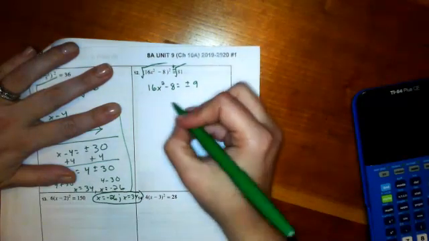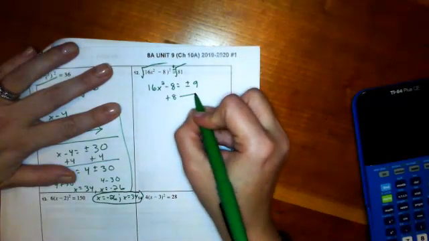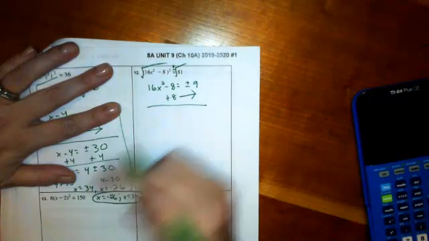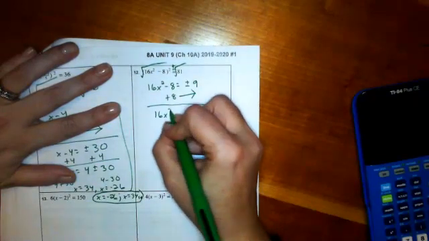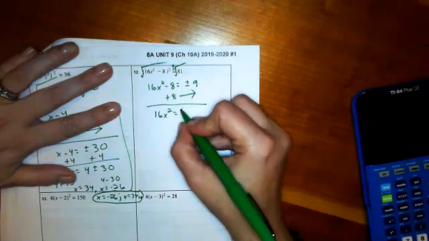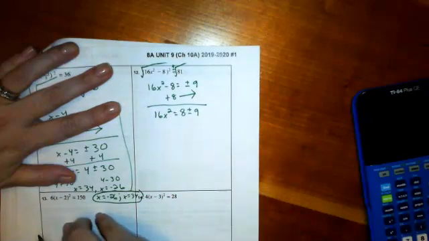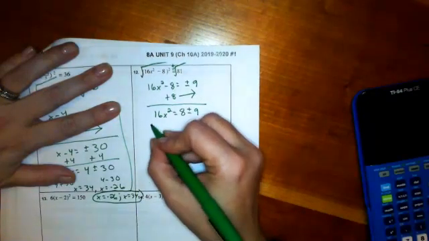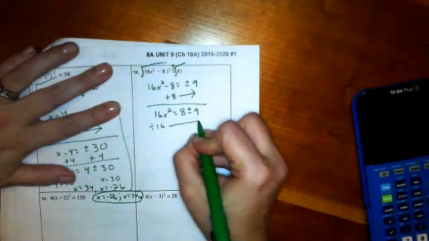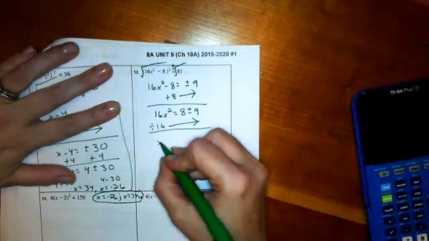Okay, now, oh, this one's tricky. Now we're going to add 8 to both sides. 16x squared equals 8 plus or minus 9. Okay, I am going to divide by 16, I guess. I get x squared equals,